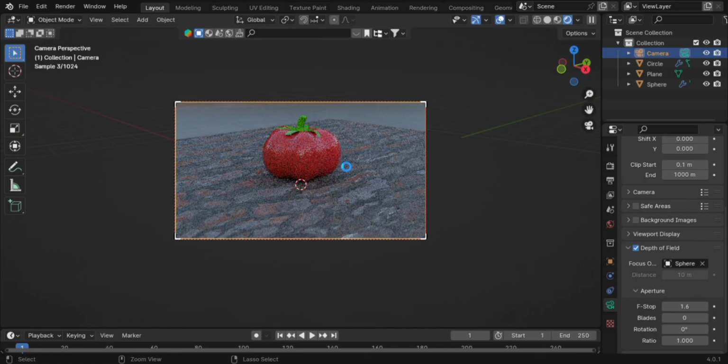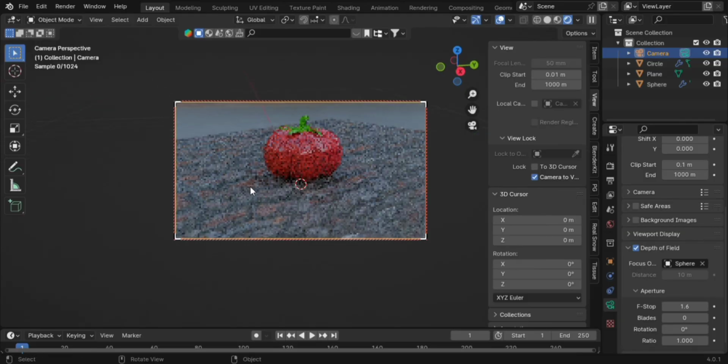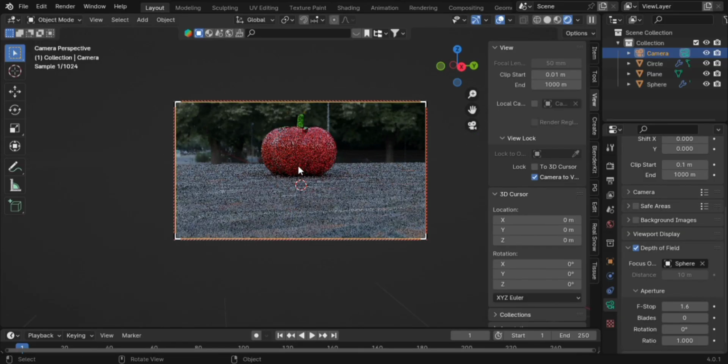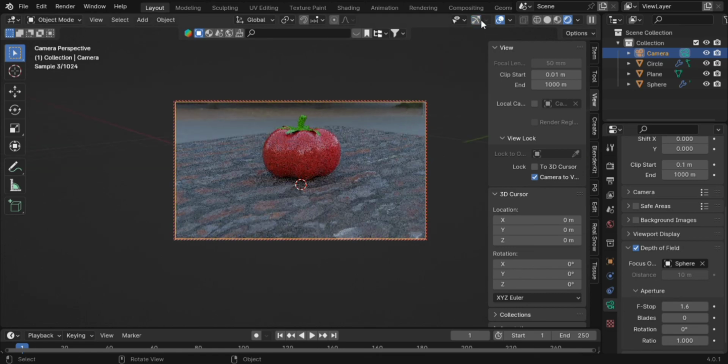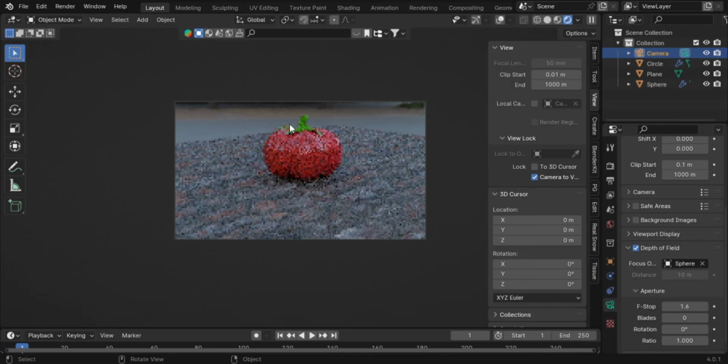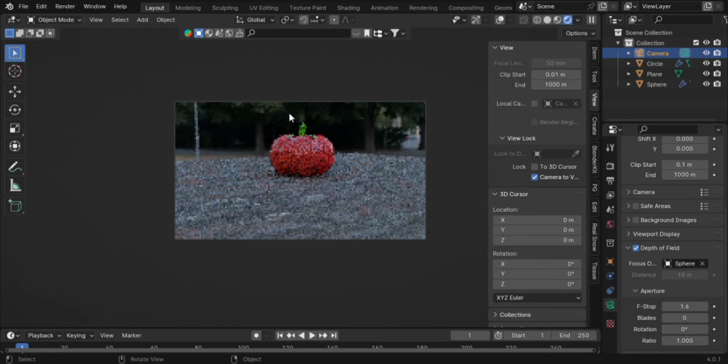And you want to go ahead and render this out as an image. So if you go to the top left screen, you'd see where render is. That's where you can render it. But currently though, I'm just going to go to View and click on Lock Camera to View. And now I can move the camera until I get a perfect view that I want. When I get a perfect view that I want, I can now go ahead and render. So that's exactly what I'm doing right now. Trying to get a perfect